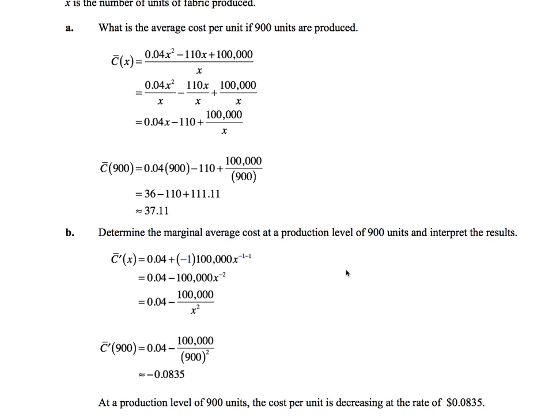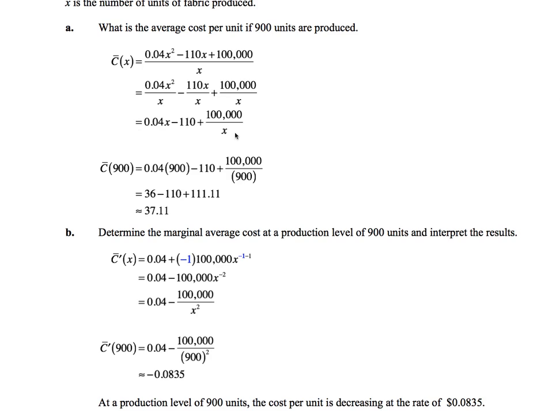Now, part B says, well, what is the marginal average cost at a production level of 900 units? Marginal average cost is what the average cost at 900 units is doing. Is it increasing? Is it decreasing? What is the rate of the average cost at a level of 900 units? Well, marginal means derivative, and so we